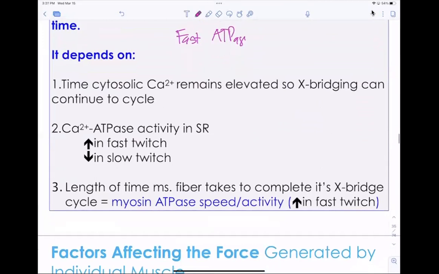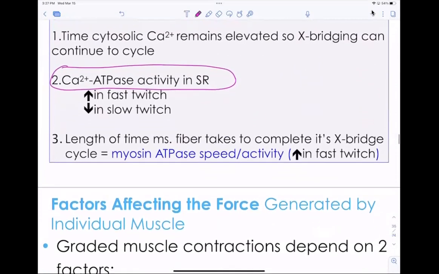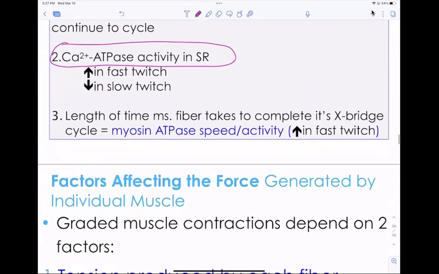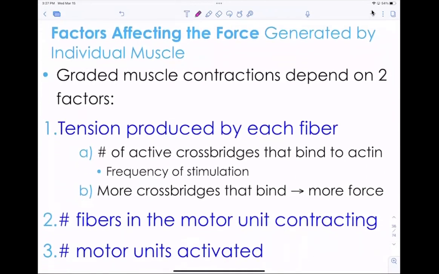And there's also the calcium being pumped back into the sarcoplasmic reticulum can also be fast or slow. So calcium gets pumped back into the sarcoplasmic reticulum faster in a fast twitch muscle fiber than in a slow twitch muscle fiber. And then also, just those two combined are going to be factors in the speed at which a muscle fiber can overcome a load. So kind of just to summarize,